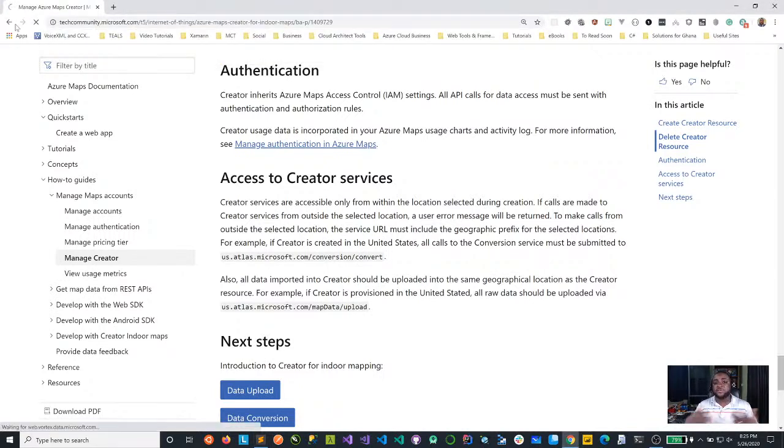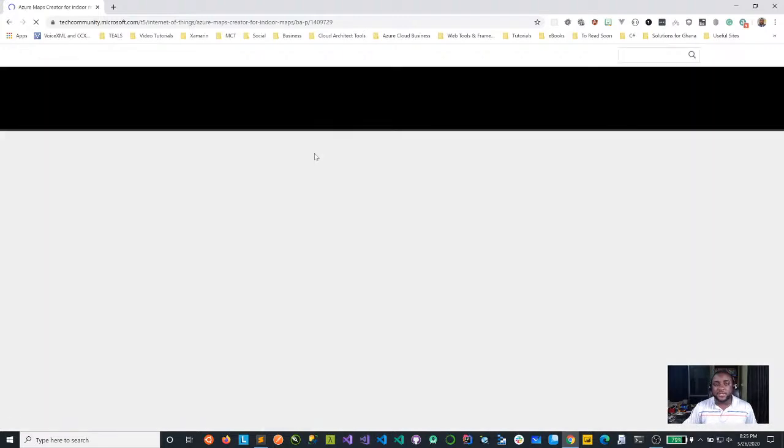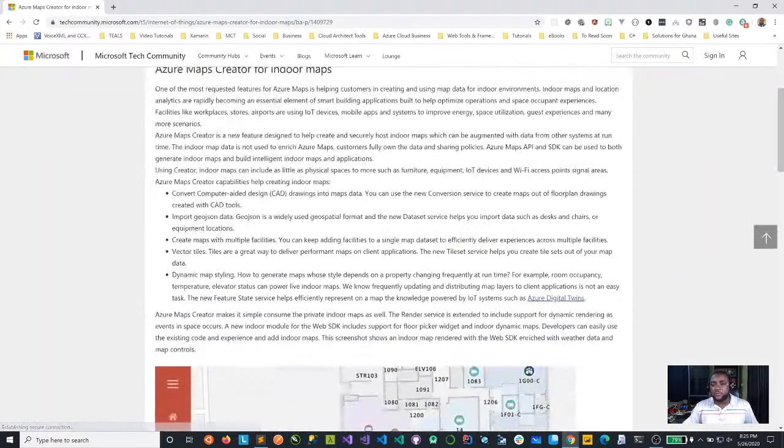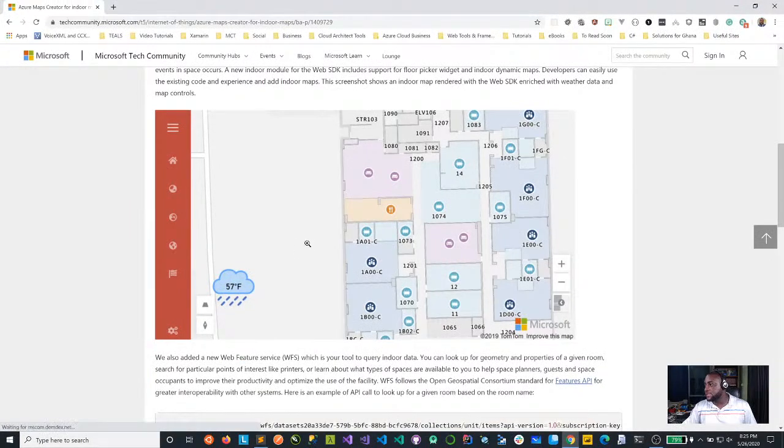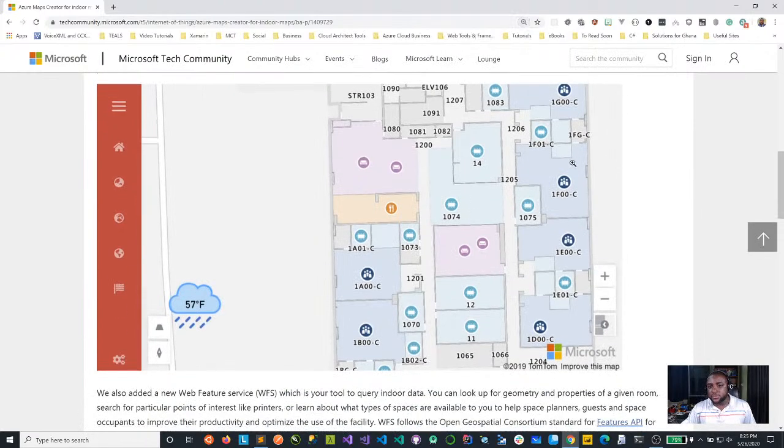So now you can build your indoor maps and leverage the capabilities and services of Azure Maps to do this. As you can see in this video, this is an indoor space. We've been able to map this space internally, and now we can correlate this data with sensor information in the places. We can use color coding to visually depict what's happening in real time in this area. That is one of the other things that I am extremely, extremely excited about.